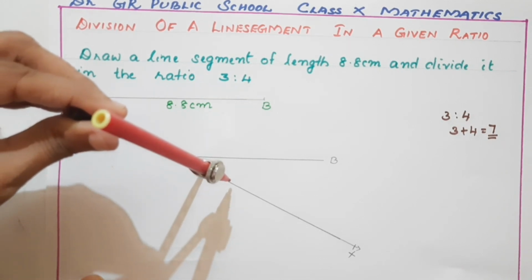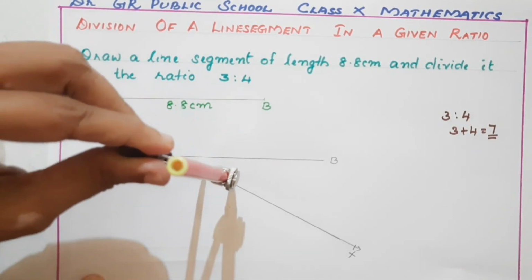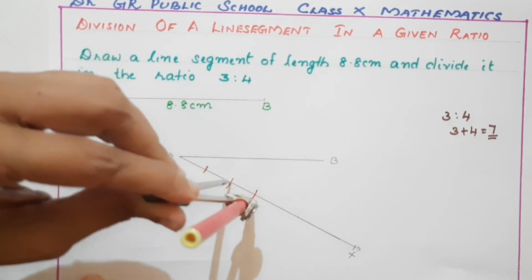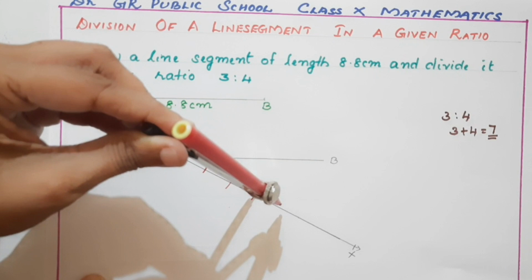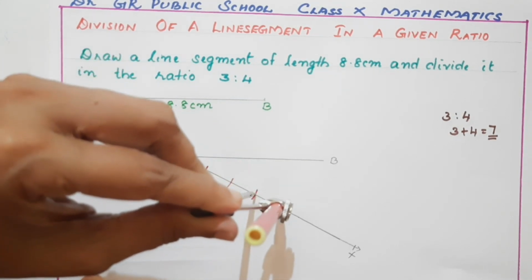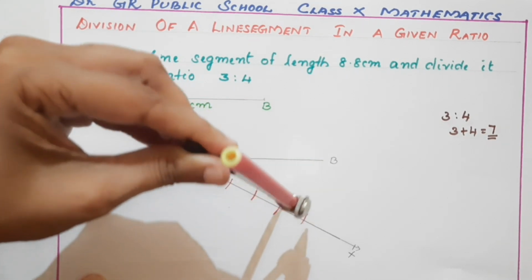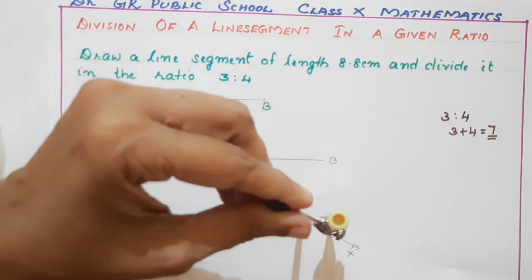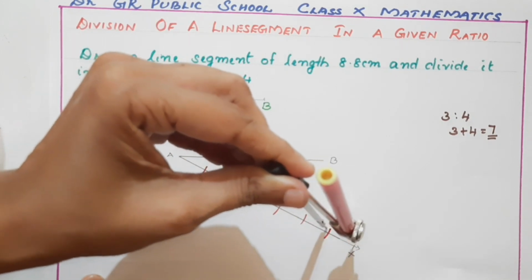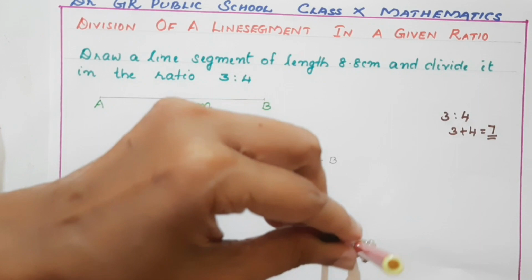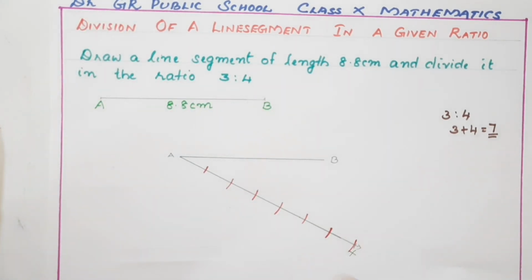One, two, 3, 4, 5, 6, 7. So if you can't have the 7 equal parts, you can extend this ray and then you can have